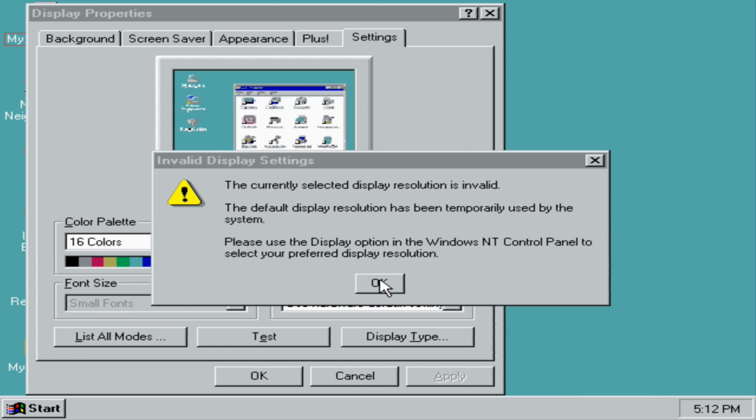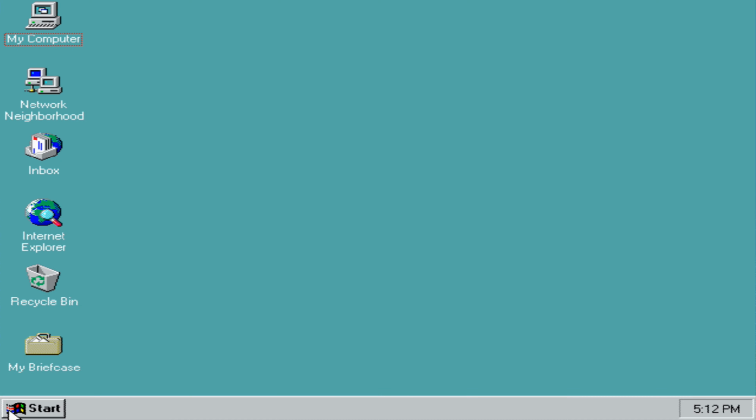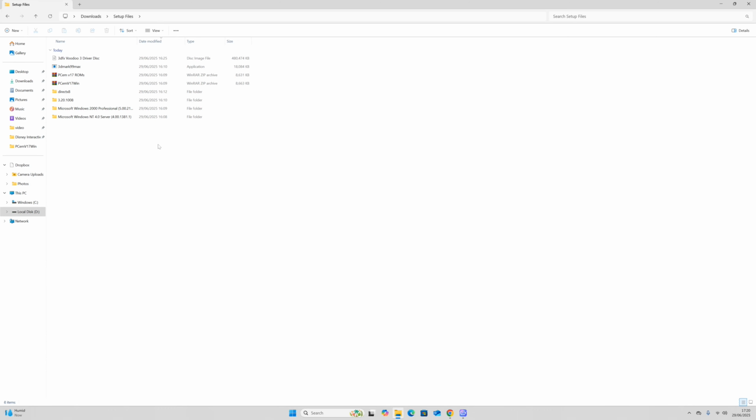The corrected display is currently not valid, so no. So I do need to first of all shut down Windows NT and probably configure and housekeeping files so we can get the Voodoo Free 2000 graphics installed for this to work properly. So we're going to shut down the computer. And now we're going to show you the next thing you want to do is to